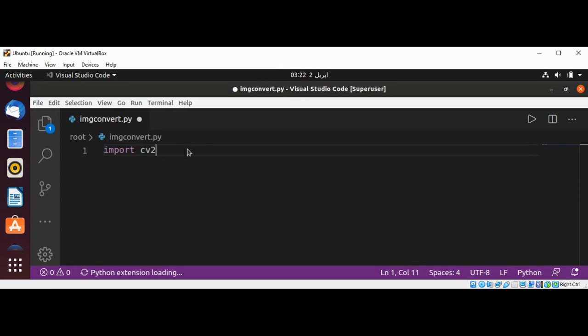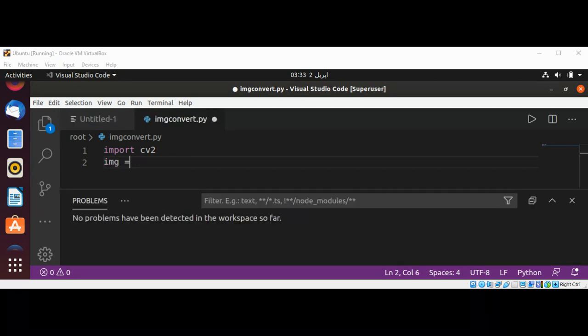and then going to use CV2's method imread and save it in our image img. And just need to call CV2's method imread and pass in the image that you want to convert. I will name it pic.png